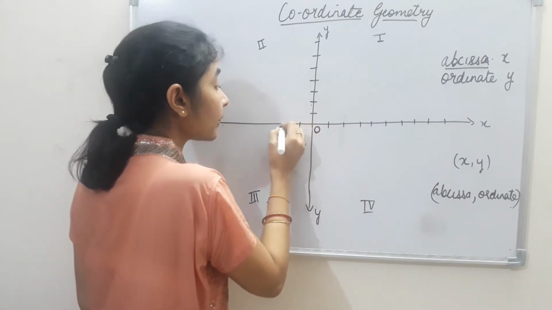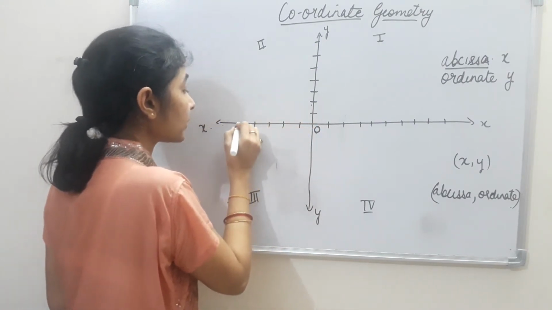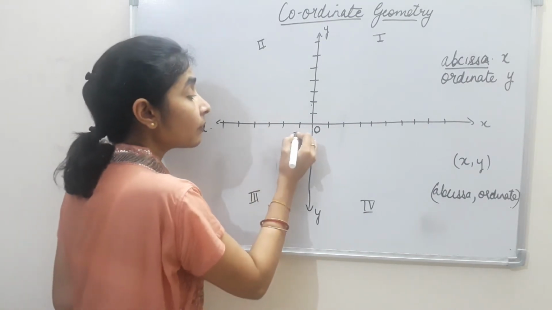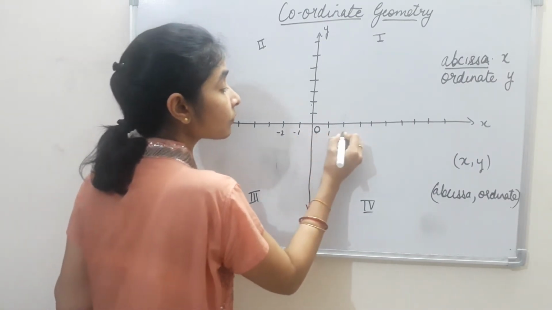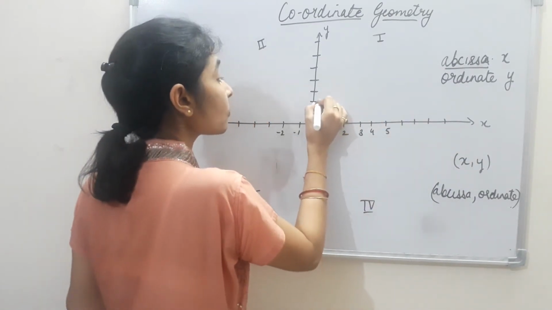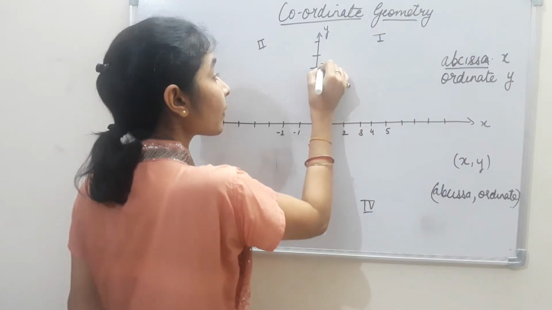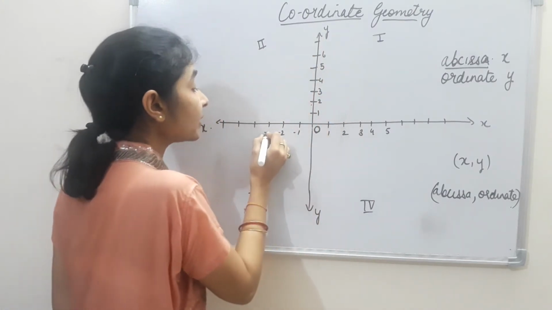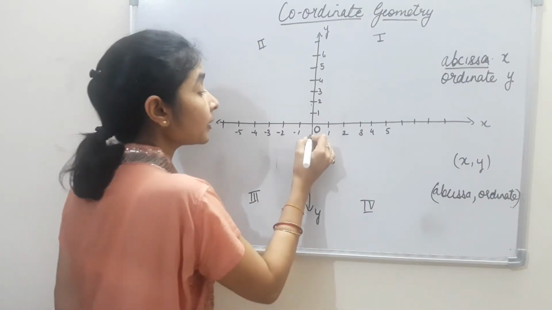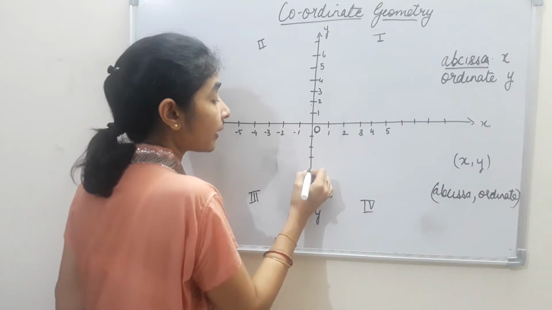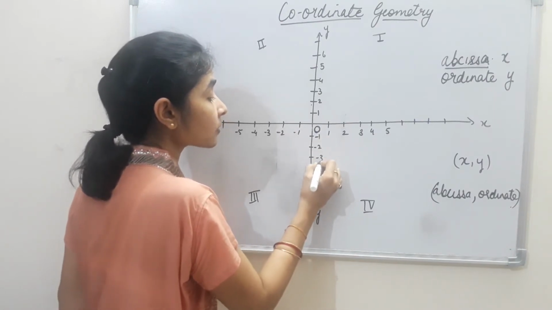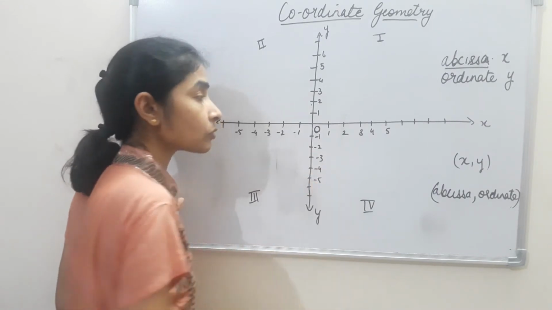On the left-hand side of the x-axis, same as in the number line, the values go negative: -1, -2. Here it is 1, 2, 3, 4, 5, and it goes on, and -1, -2, -3, -4, -5, and it goes on. It never ends, as on the number line. Here the negative values of y go -1, -2, -3, -4, -5, and so on.